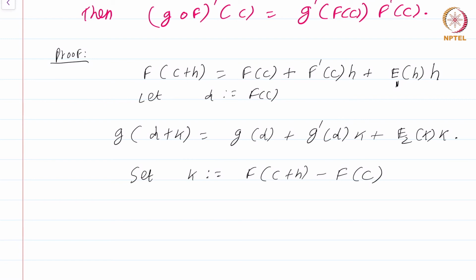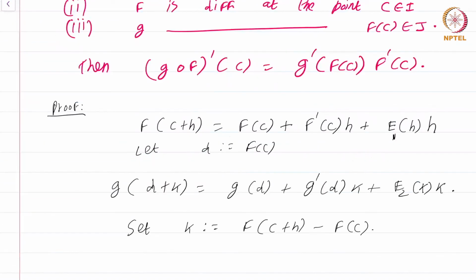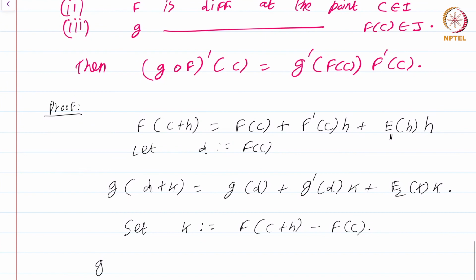Okay, that should ensure that g of d plus k is defined, and indeed that will happen if h is really small, because then f of c plus h will be very close to f of c, and all these manipulations that I am about to do will make sense. So let's write down what this gives us. This gives us g of